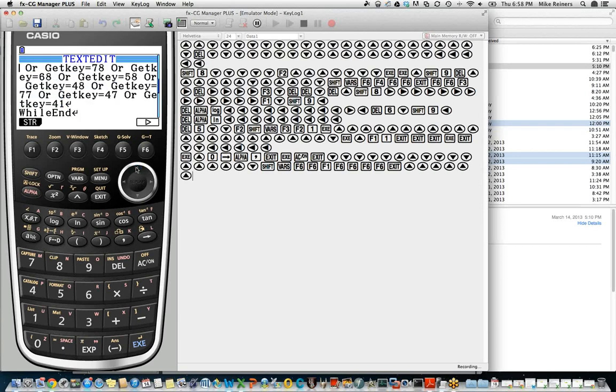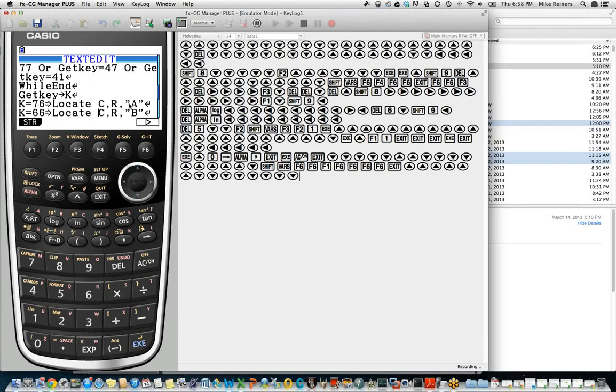Hopefully, in our hour this evening, I've given you enough things to play with, GetKey and the ability to locate text in certain rows and columns, that you can start to experiment on your own. Our goal is for you to write great programs for the Casio graphing calculators for people to use, share and enjoy.